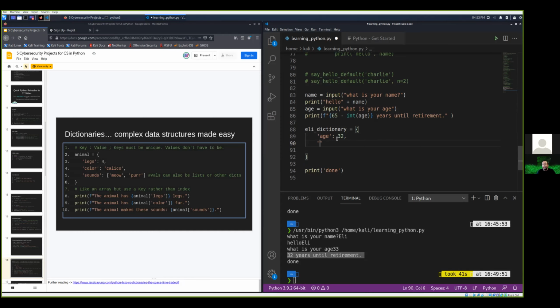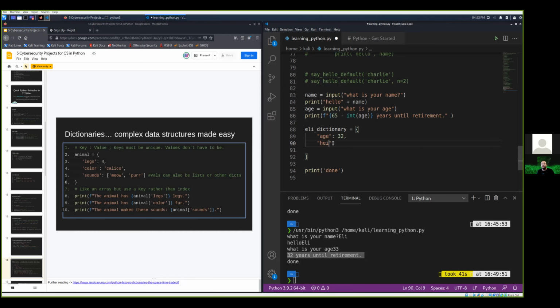I'm going to say, and again, notice I'm using single quotes here. I can use double quotes. I can use different values. They're tricky, the various types of things you can put in there. I would say stick to using double quotes. So I'm going to change these back to double quotes because that'll make it easier when you're working with JSON, because JSON only understands double quotes, not single quotes. So age,